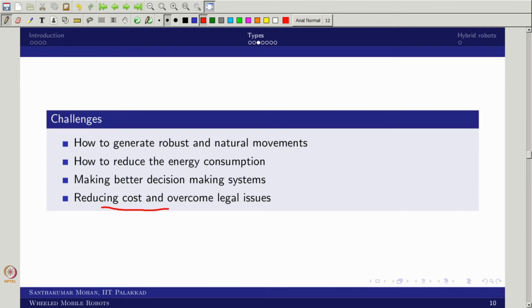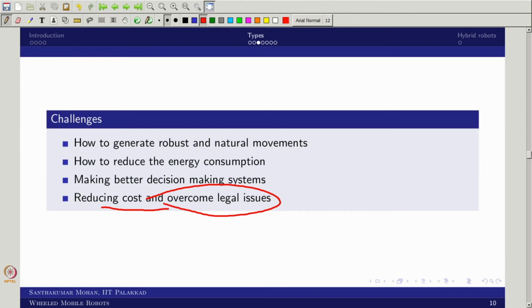If it is a legged robot, this is similar to what you call a humanoid, right? So how do we overcome the legal issues so that you can employ it in day-to-day life? If that is the case, what one can see is that these challenges are all quite open, and some of them are being attempted, some are still open and still upcoming. So you can see that the humanoid, although it started probably in 1980, we are still not taking it into a home.